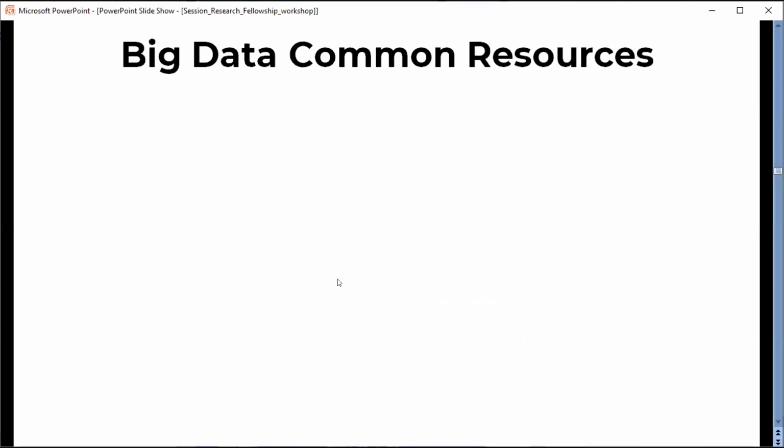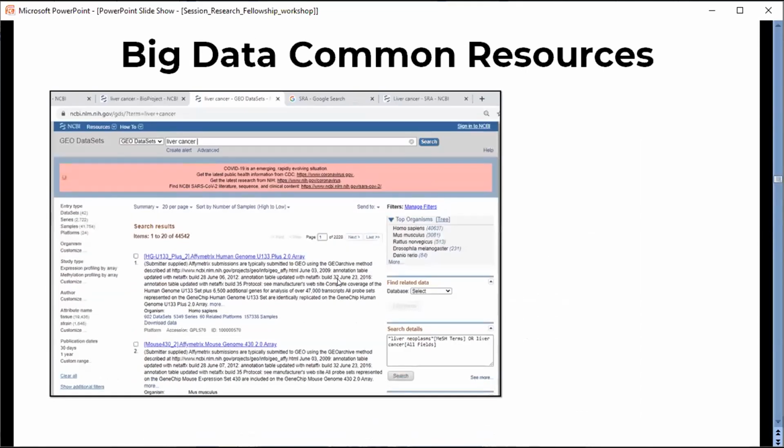Now let's look at the major resources where you can find various types of omics data and understand what type of data is available. There are a number of common repositories available on NCBI, like GEO, SRA, and BioProject. GEO, in general what we call the Gene Expression Omnibus, maintains both processed and raw data as well as metadata for the samples.